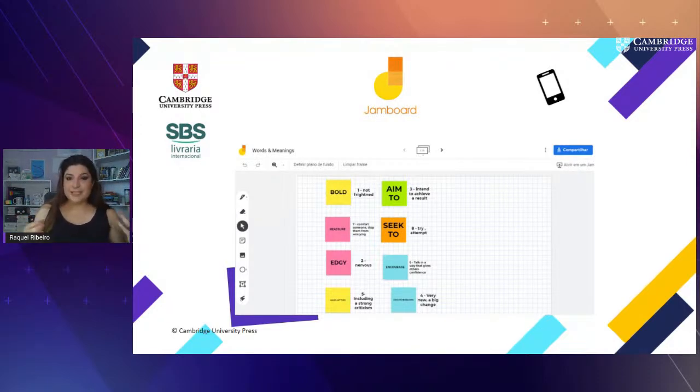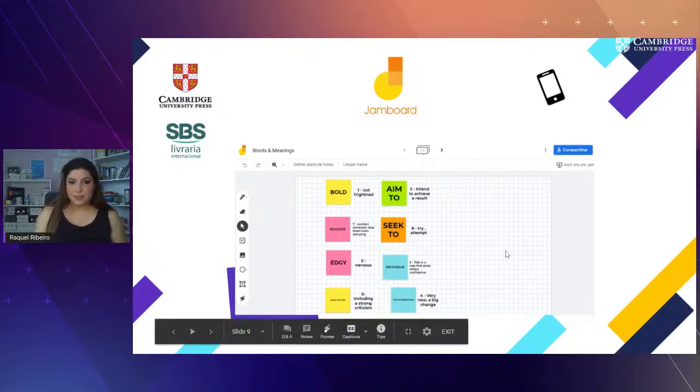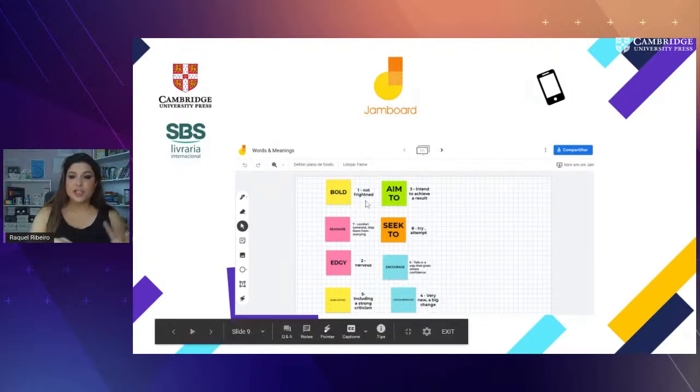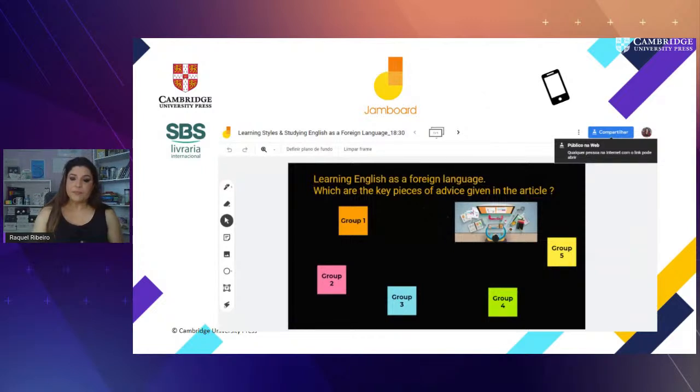Obviously, we have to understand the mechanics to deal with the possible resources there. What I'm showing you is a very simple Jamboard shared with the groups, where I left the words, and they had to come up with those meanings. So there are many ways of working with Jamboard.